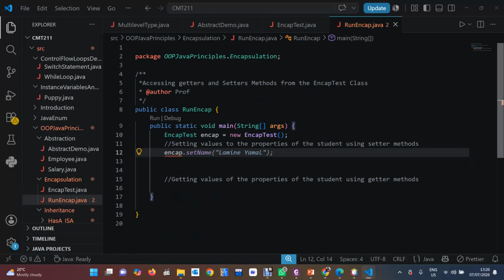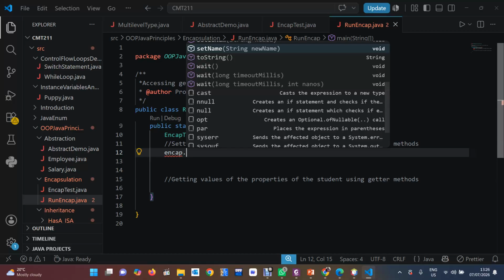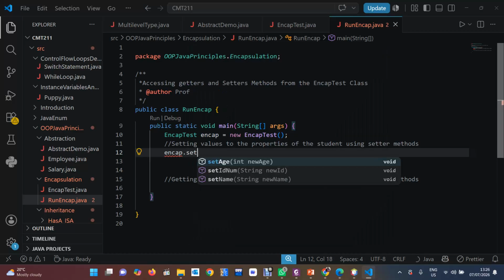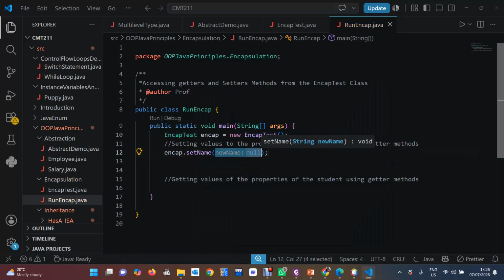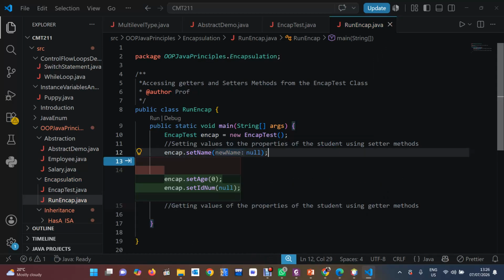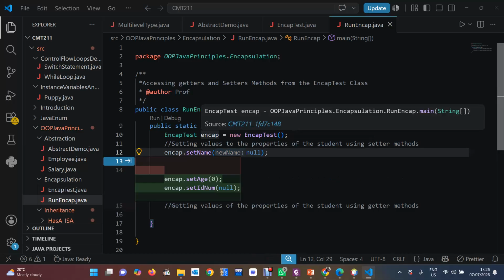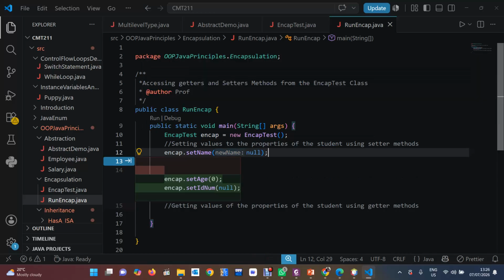So encap test that we had, we can set the name. Because we have initialized our encap test here to be accessible here, we are going to assign the name of our student here